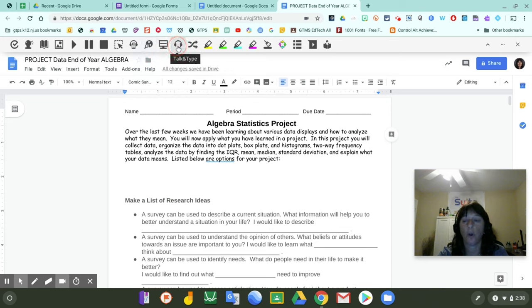The student can talk and type. This is available in this Chrome extension. So if the student had a problem typing, the student can dictate their text and it will type it. All they have to do is click the record button,